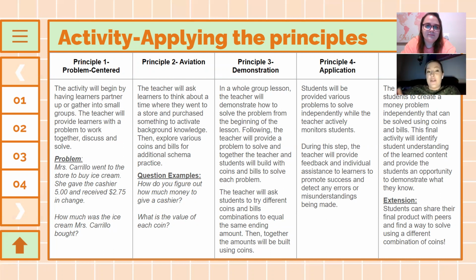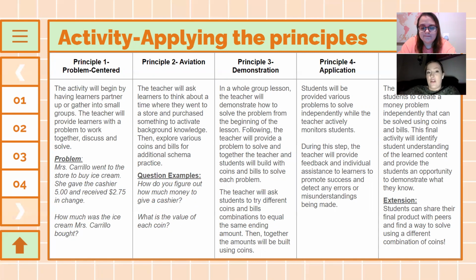Then you hop on over to the second principle, which is the activation, where you're building that background knowledge. You're activating that schema within the kids. And what the teacher would do in this activity is ask them, have you ever been to a store where you had to buy something? Did you pay in cash? Did you use a card? How did you know how much money to give them? And I provided some example questions there as well. Like I said, how did you figure out how much money to give them? What is the value of each coin? Just building on that background knowledge, which also helps the teacher know where to guide the lesson prior